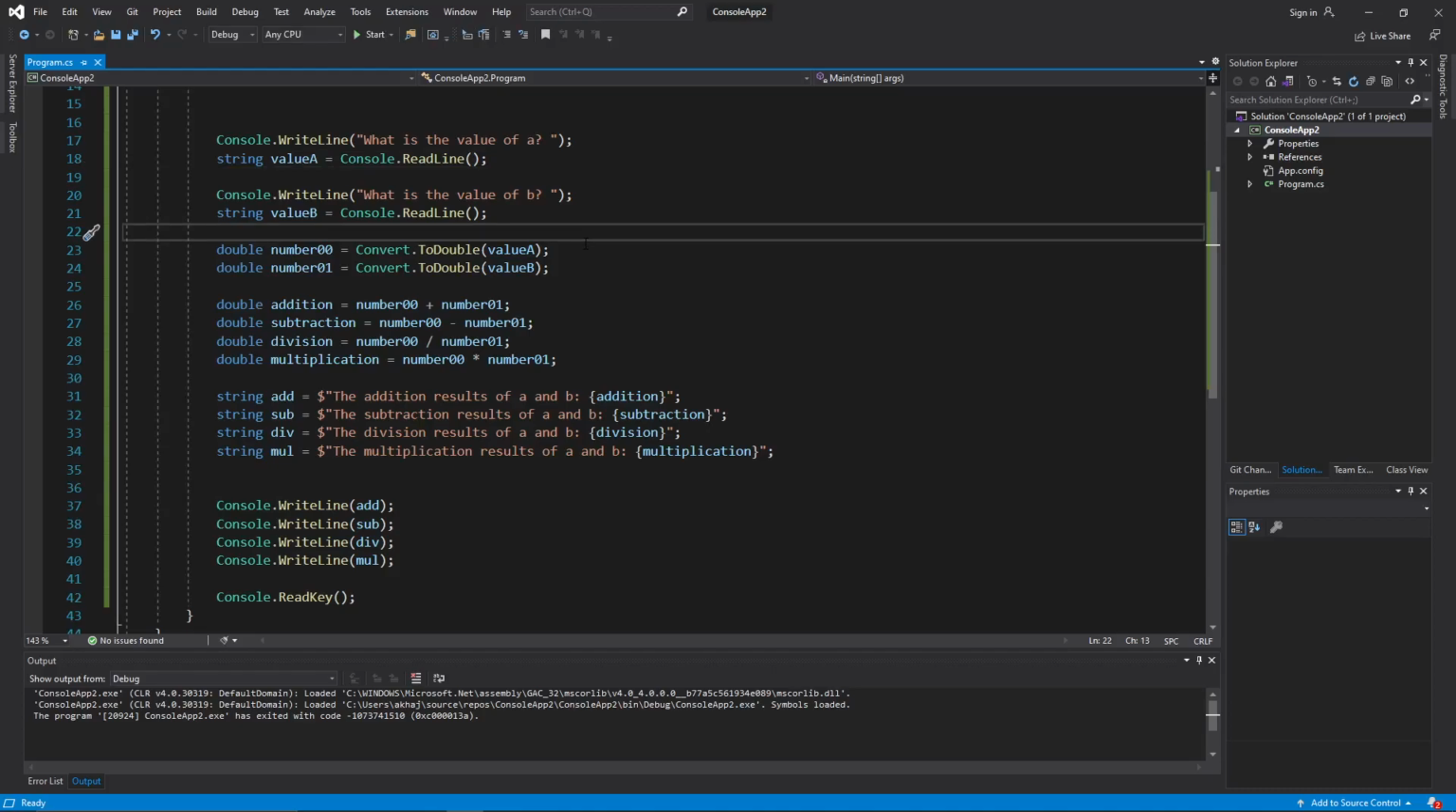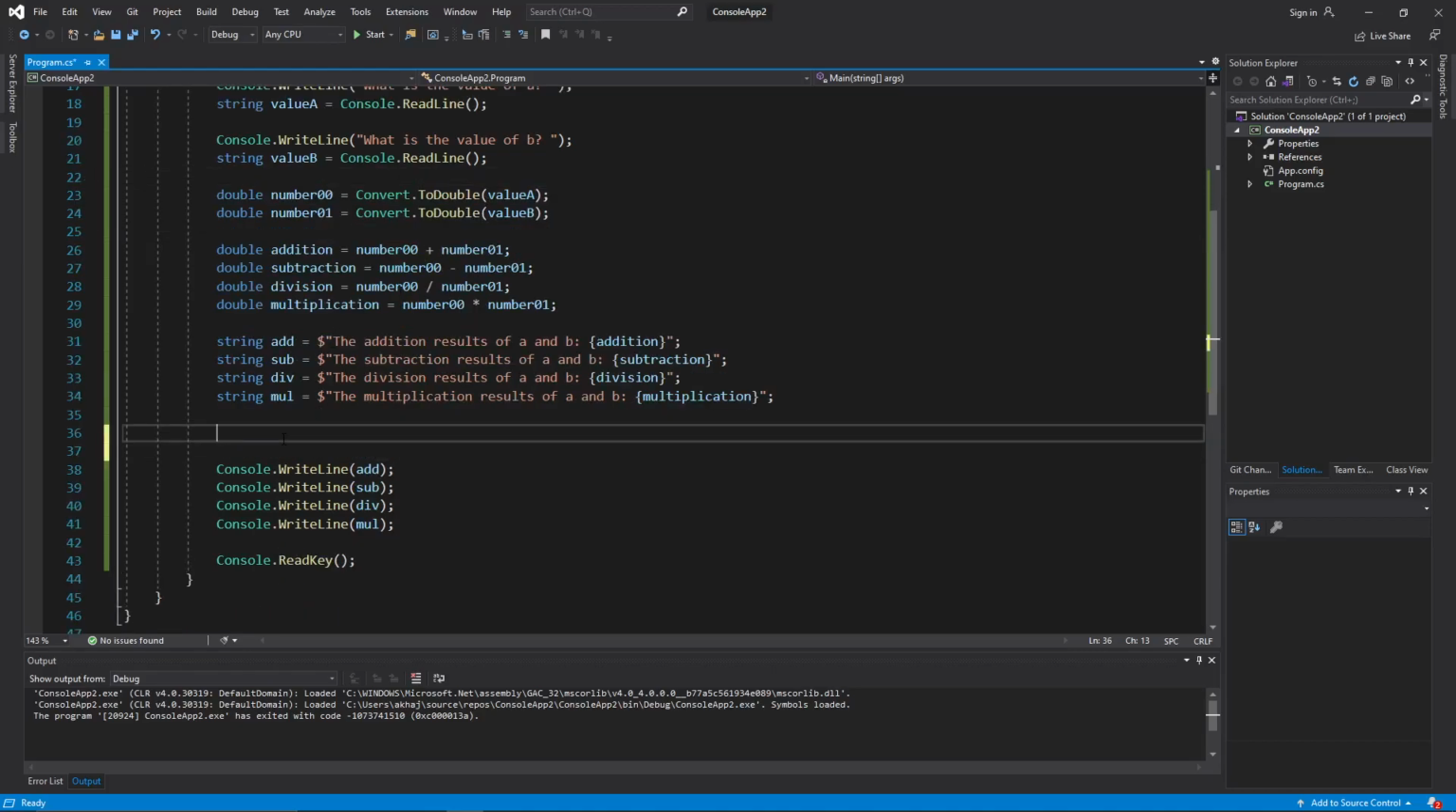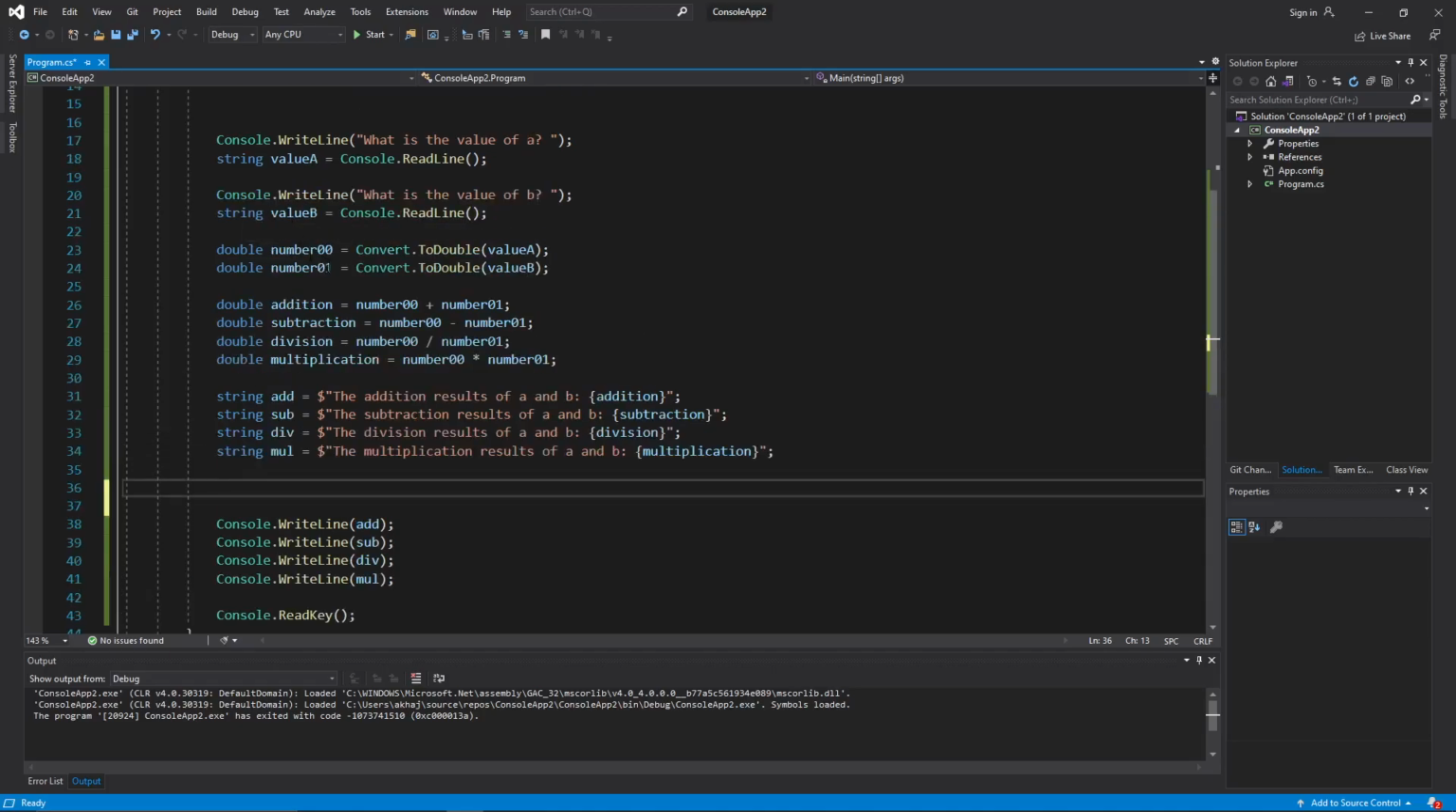So this is cool, but I want to add something else to it. I want to add a relational operation. I want to see what the relationship is between these numbers. Are they bigger, smaller, or whatever? So I'm going to create, after I print out everything, so after here,